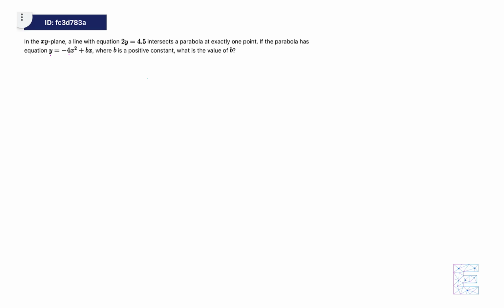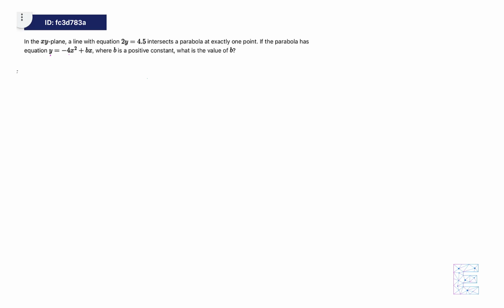All right, let's go ahead and read this question together. Remember, as we read this, try to identify what the concept is, because there is a concept behind every math question on this SAT. So, in the xy plane, a line with the equation 2y equals 4.5 intersects a parabola at exactly 1 point. If the parabola has that equation, where b is a positive constant, what is the value